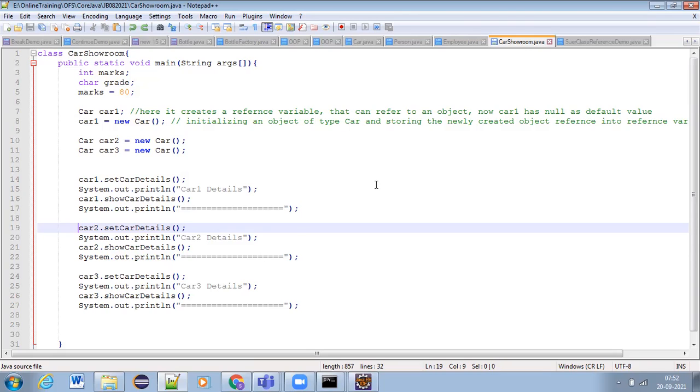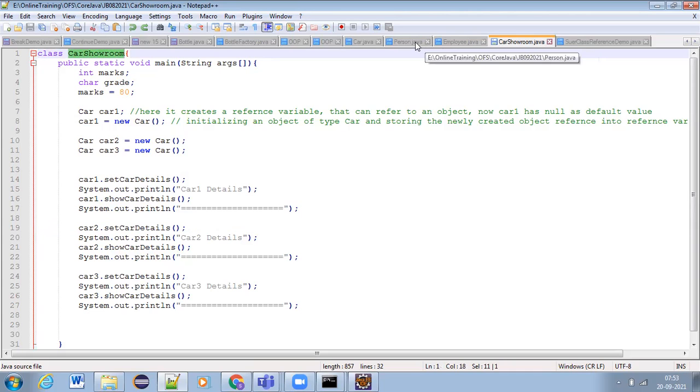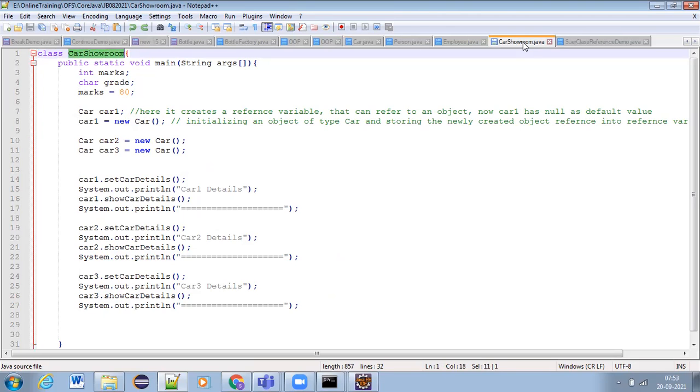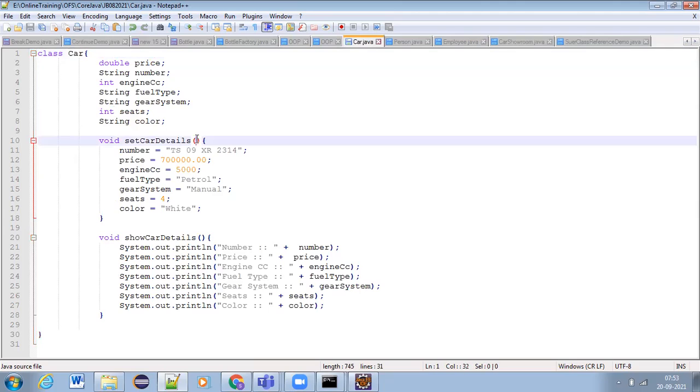So here we need to enable a user to give the value. This car showroom is a user who is using car for storing car showroom information, business information, right? So we need to enable this car set details method so that the user can supply some input values from here. So here I can write string n for number,